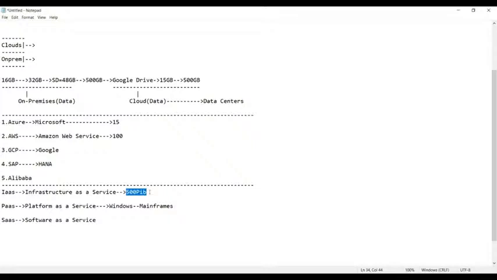So now, guys, you need not worry about the license. You need not worry about the storage. Everything will be taken care of by them. Simply what we need to do, we require a laptop and connectivity to the internet. That's it. We can start working on it. And then you have software as a service. Software as a service, what does it do? This is a service, guys, which is provided in the form of what?